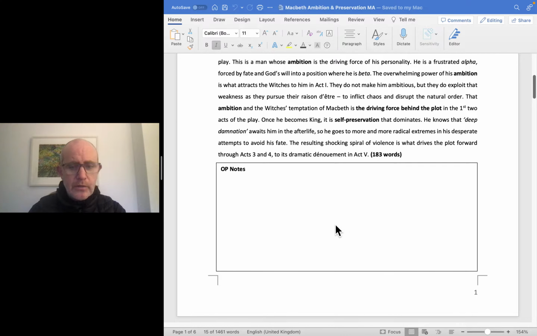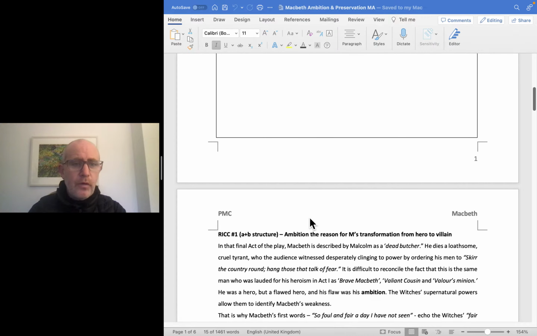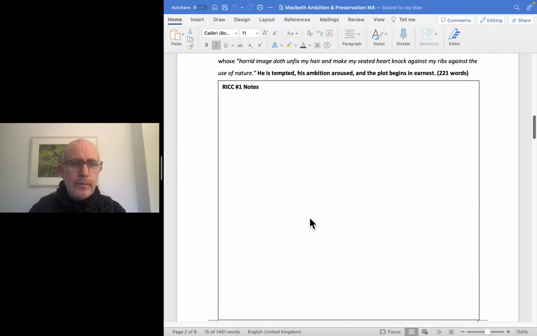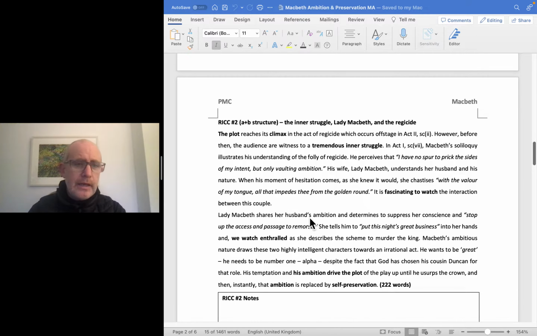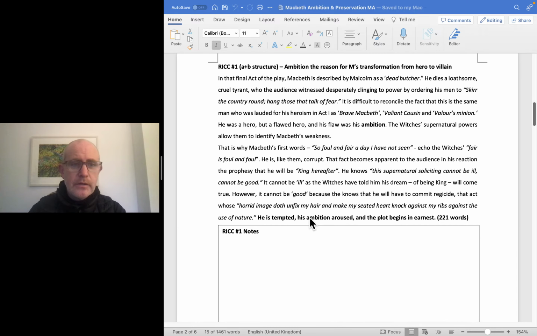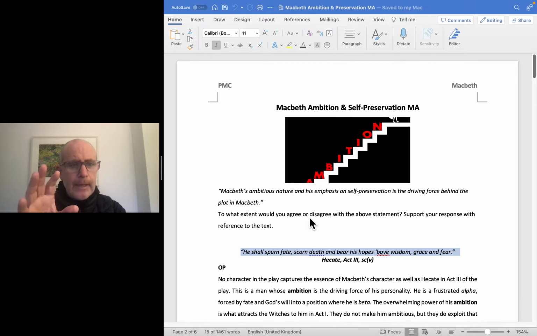Okay, so the model answer is coming in at just about 1,400 words in length, follows the A-B paragraph structure. And it takes you through, you'll read it, takes you through the ambition part, which really goes up as far as when he becomes king. That's his ambition. And then it goes into the self-preservation part, which is essentially the story of Macbeth after he